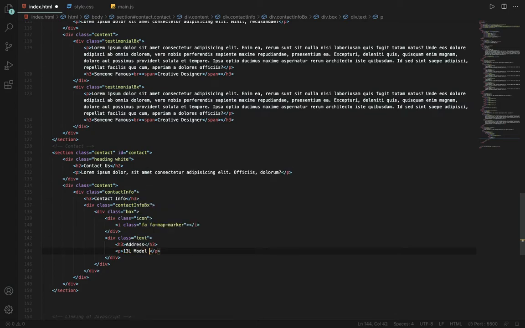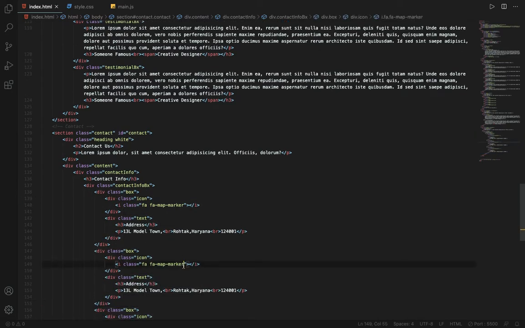It will say h3 address, p and some text, and I will say 13L model town, and then I will add a BR, and then it will say Rohtak, Haryana, and now after Haryana again add a BR, and now it will say 124W1. And now after we have done this, what we will do is select this box and we will make two duplicates of it. So I will select div.box. I will make two duplicates of it,